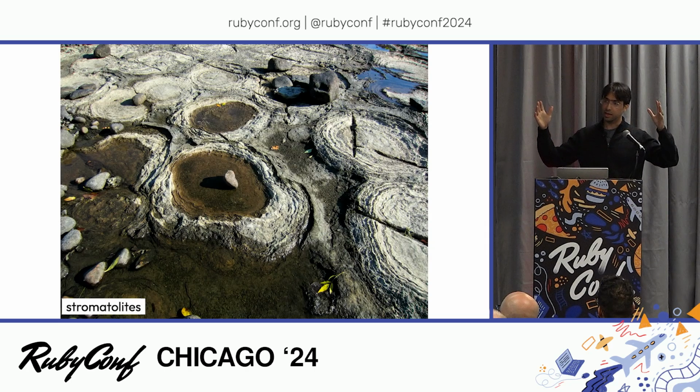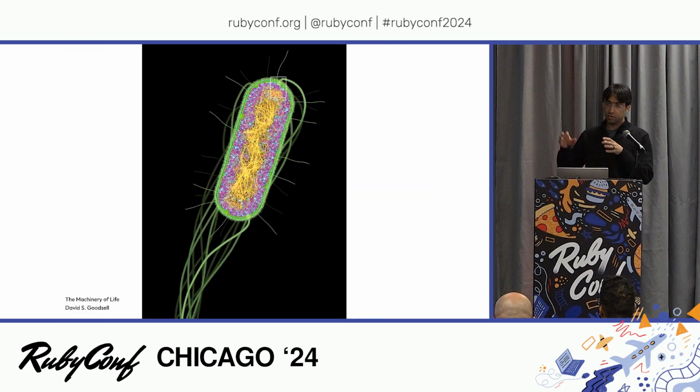So that's kind of our first hint at what life looked like, the first building blocks of life. And if we zoom in, what does that single-celled organism look like? Well, this is a good illustration of that. This is from a book called The Machinery of Life. This is an E. coli, another organism that you're all very familiar with, sometimes too intimately familiar with if you get sick from them.